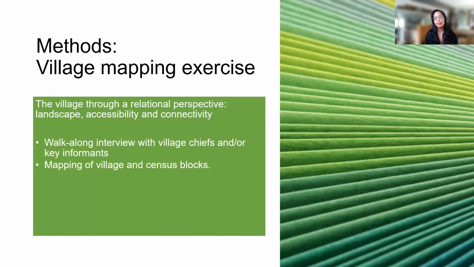The first step of the data collection methods in this activity is the village mapping exercise. And here the idea is to get a full and comparative and relational picture of each of the villages that we'll be looking into. Why do farmers do what they do? How does living and farming in a particular locality shape farmers' decisions? What are the social fabrics of life in a particular village? How are the village, the people and the families living in these villages connected perhaps through trade, schooling, and migration